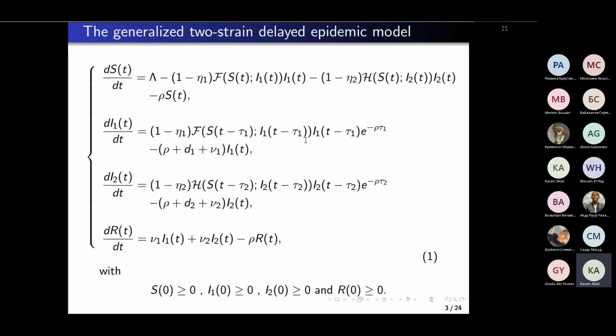Some strain can be more infectious than another, and most important, in many multi-strain models, some strains are resistant to some vaccine. You can have the same infection, but for one strain the vaccine is efficient, and for another strain the vaccine is not efficient. This kind of model can help to understand